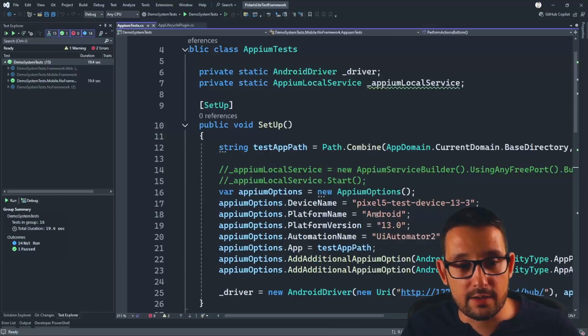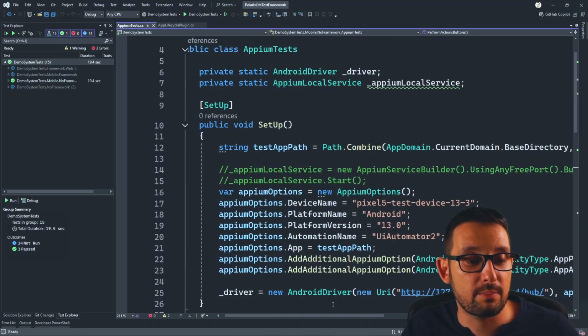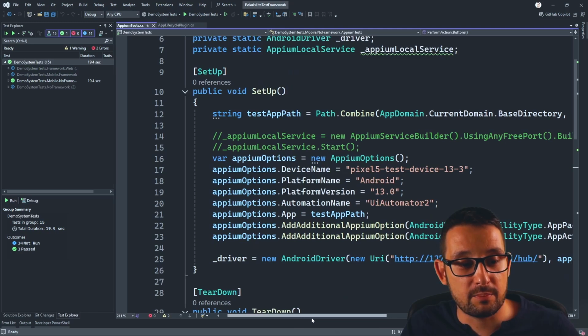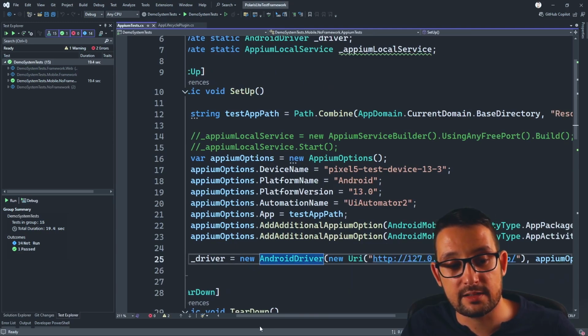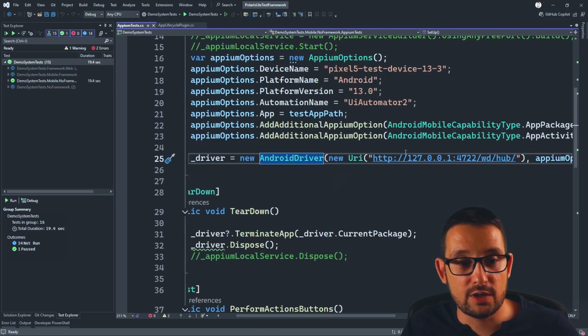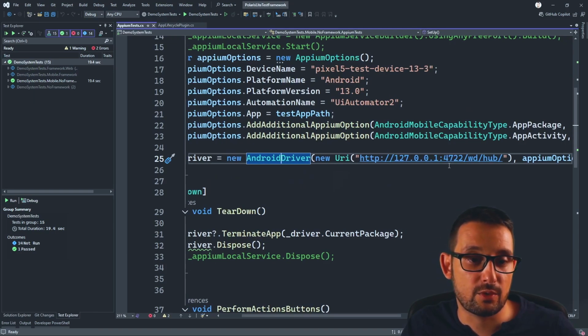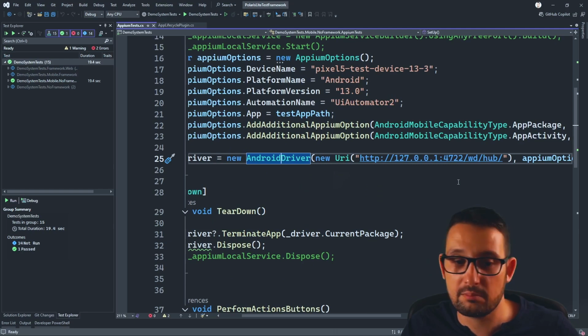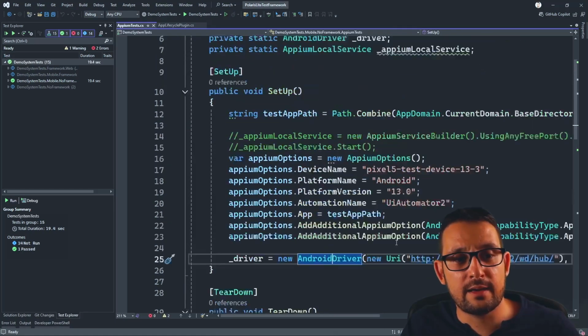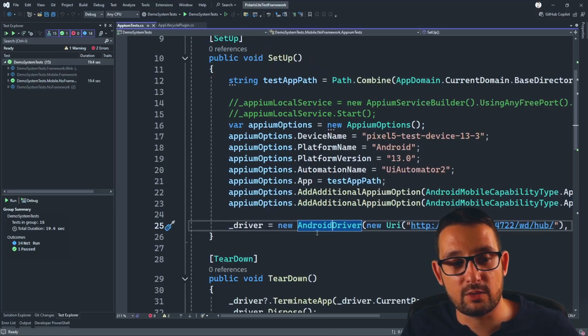So in order for this to work, we have AndroidDriver, of course, instead of WebDriver. When you initialize the AndroidDriver here, you need to provide the URL to the server. Usually it's listening to the port 4723. I changed it to 22. And for the Android, we have a little bit more